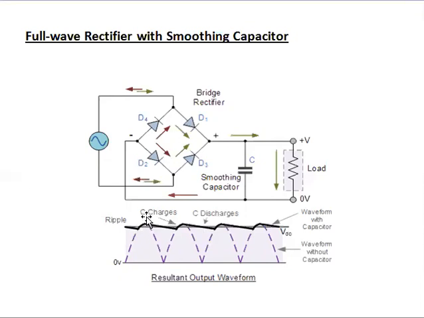Here the capacitor charges for this period and the capacitor discharges for this period, and in total this is called the ripple. This ripple can be reduced by using a smoothing capacitor. I use the capacitor. You can use an inductor, or else an inductor-capacitor circuit, as the smoothing filter here. So this is about the full wave